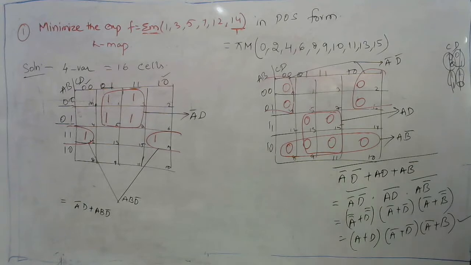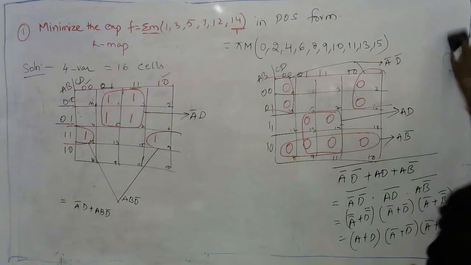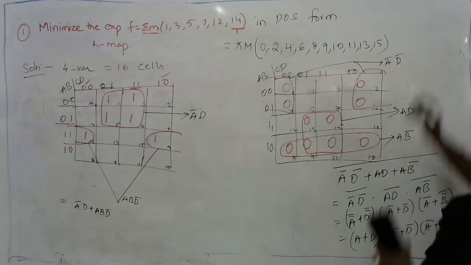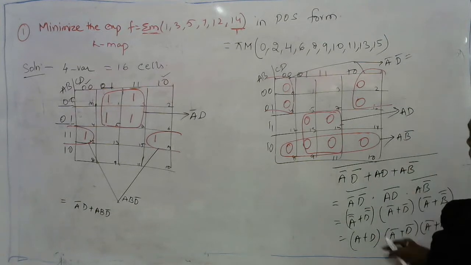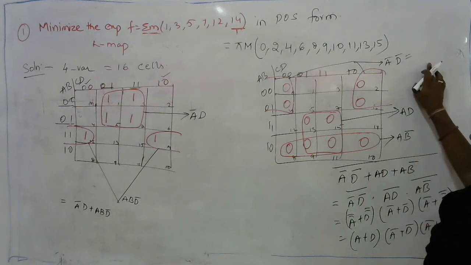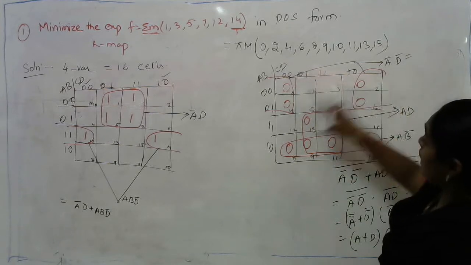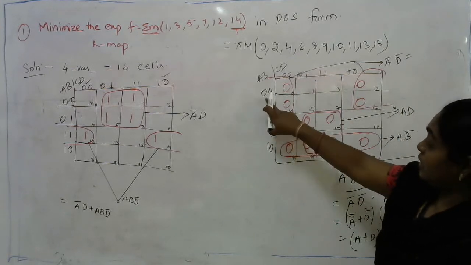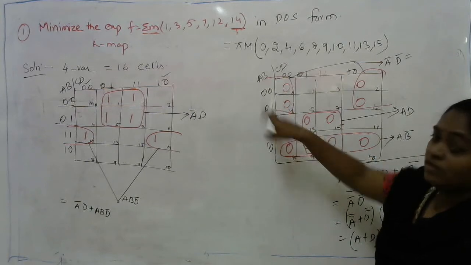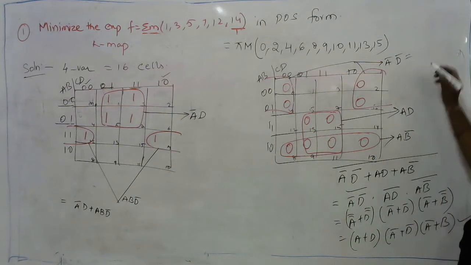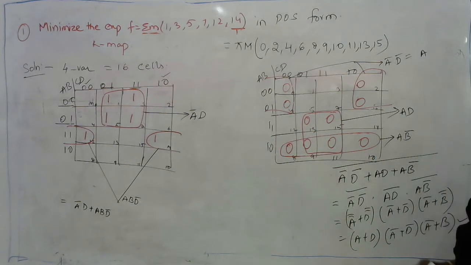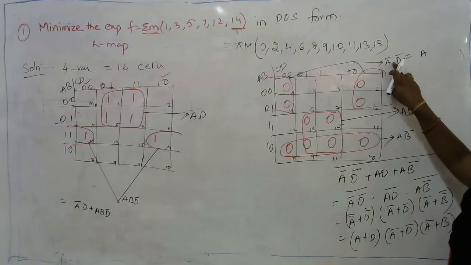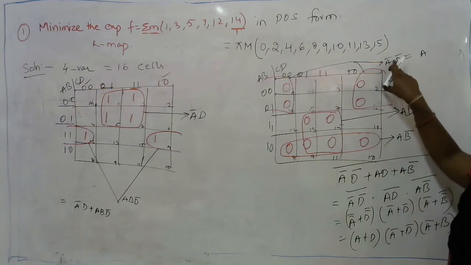This is one way of writing the result in POS. Or in simple words, instead of doing all these steps, we can directly write it down over here. As these two are present, A is common, as it is opposite to each other. Previously, wherever 0 is there, we have written it as A bar. Now we need to write it as A. And the other step is, previously the row followed by column is with a dot.